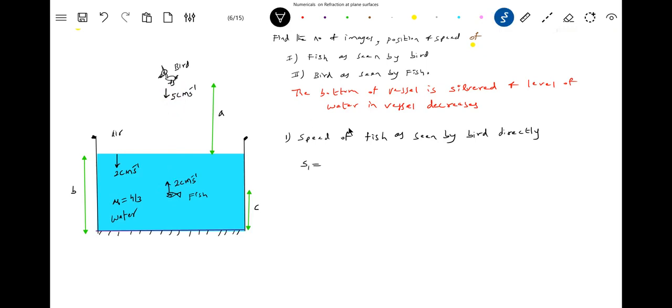First we'll calculate the distances. S1 is equal to the distance of the bird from the boundary, at a distance a. What is the real depth of the fish? B minus c. Apparent depth mu. So therefore the distances will be